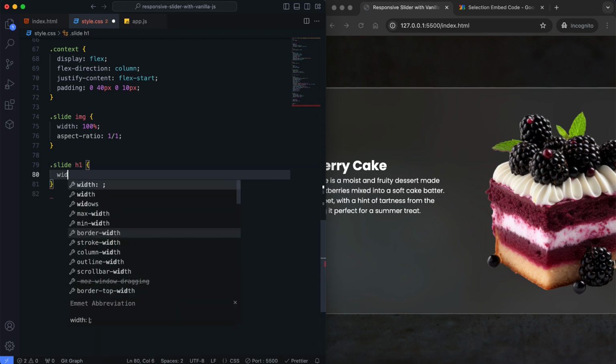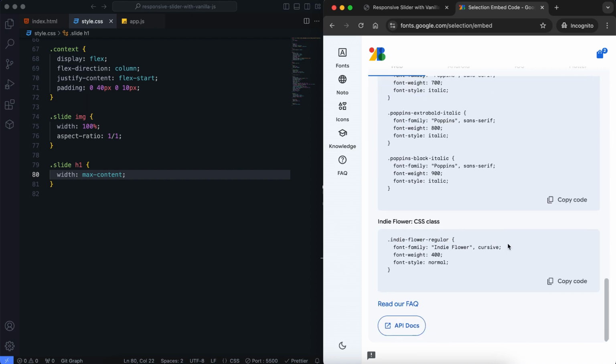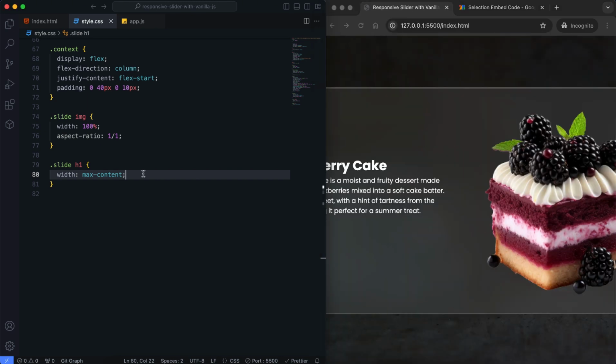The Width Max content automatically sets the title's width to fit its content, preventing it from stretching wider than necessary.